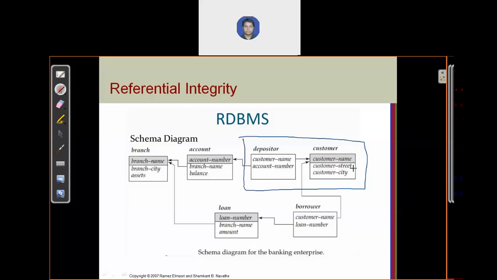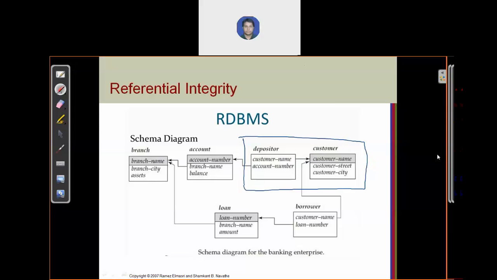Unmute your mic and speak. I don't have time to read your chat. Anyone? Depositor and customer, we have two relations.